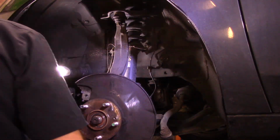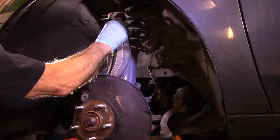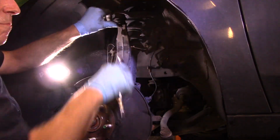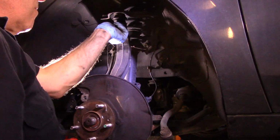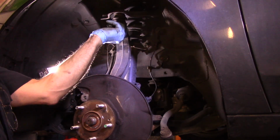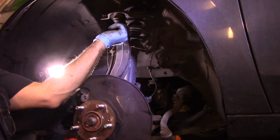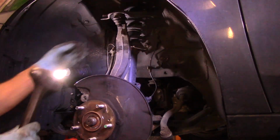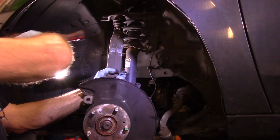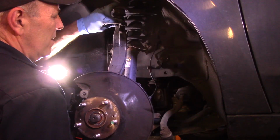We'll get in here, we'll take that off. Just going to take this and break it loose. We are going to leave this nut back on here as well, because we don't want to damage that either. Let's just tap it a few times to see if we can get it to pop out. There it is. And we can just lift up a little bit and unscrew the nut so we can move the